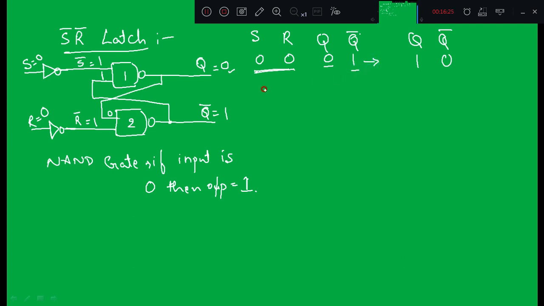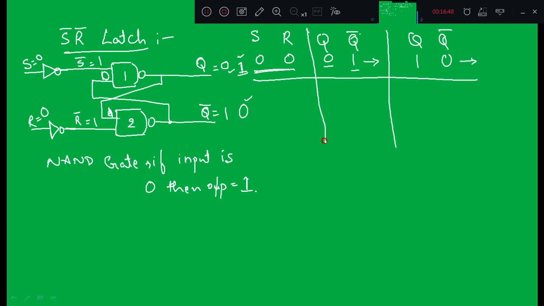That state remains the same. If I take the previous state as 1 0, now we will verify. So this input will be equal to 0, so the output of the first NAND gate will be equal to 1, right? And this input is 1 NAND 1, which is equal to 0. So that means the state is going to remain the same. That means a no change state. Okay, the first state is the no change state. Now the second set of inputs, which is 0 1.